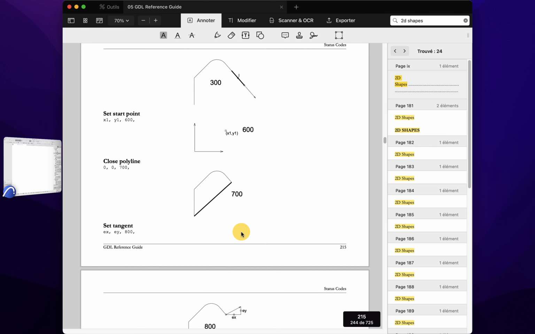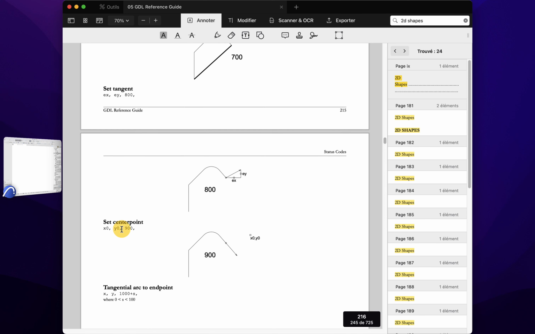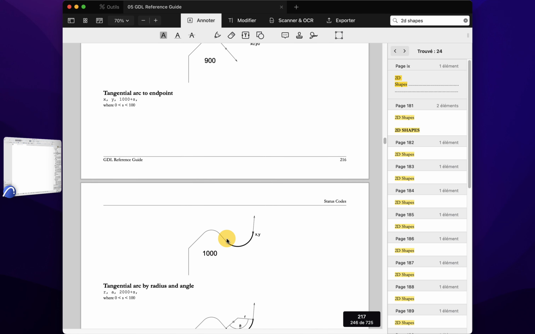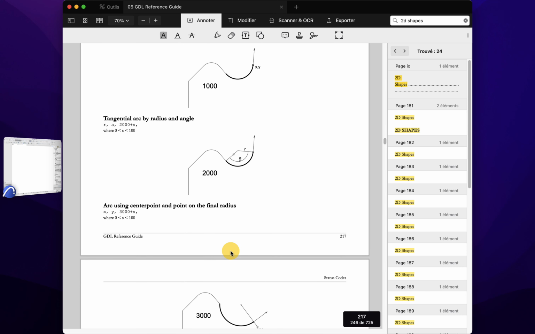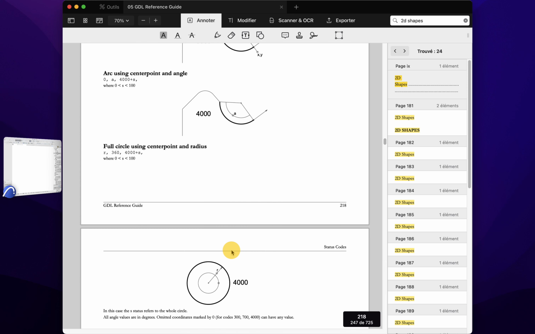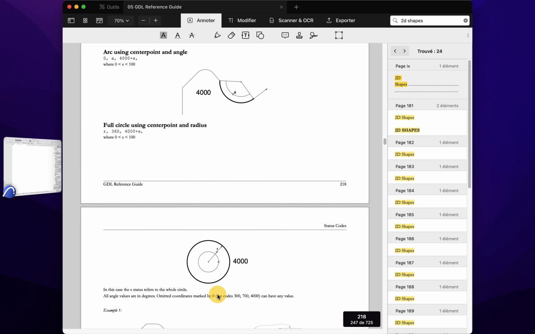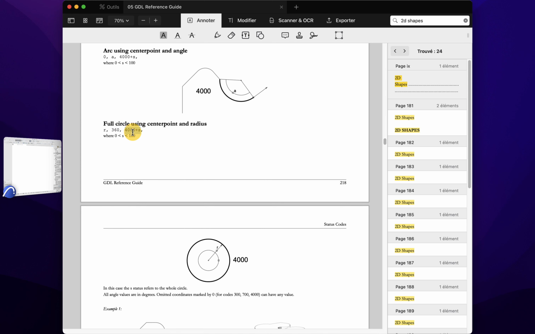I can also create center points that will allow me to create curves. And I can even create more than curves. I can also create circles by using a specific 4000 status code. As you can see here, for this one, I do not have coordinates. I will be using the radius and 360 to create the circle.